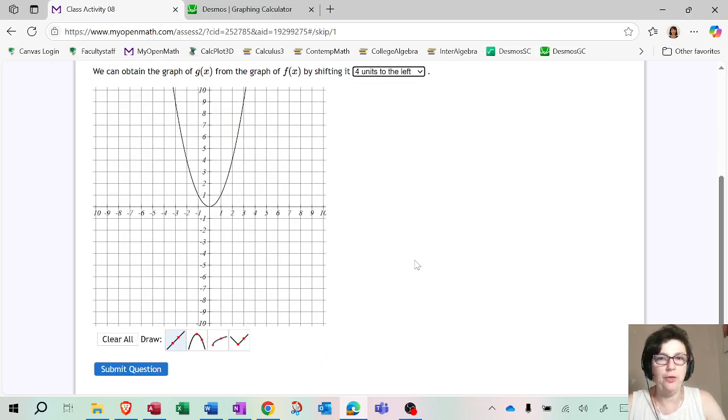Okay, so let's see if we can graph it. Now, first of all, you need to choose the right function. So hopefully you already know the basic toolkit functions, like this is a line, that's a parabola, this is square root, and that's absolute value. And obviously we want a parabola, so we're going to select this. Now we want to shift 4 units to the left. So it's very, very easy because your vertex here at (0, 0) is just going to get shifted 4 to the left. So this is where the vertex is going to be.